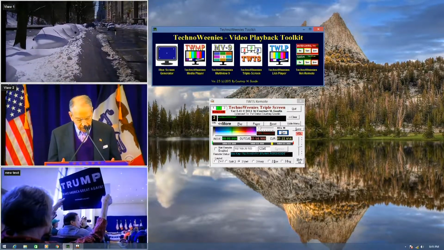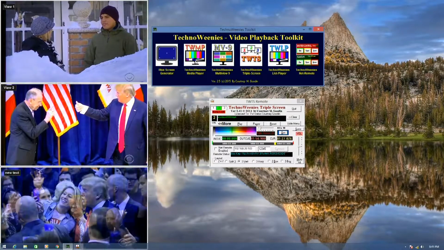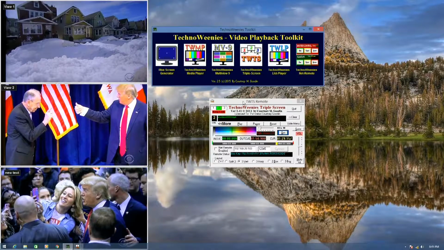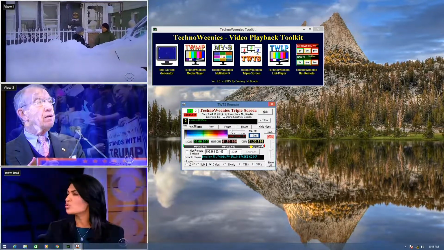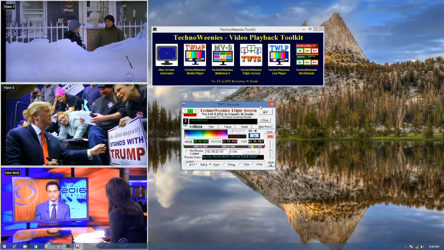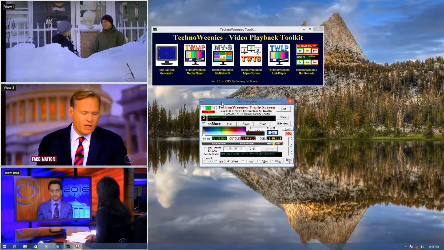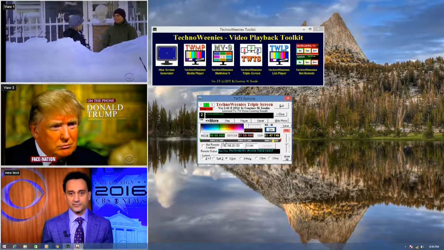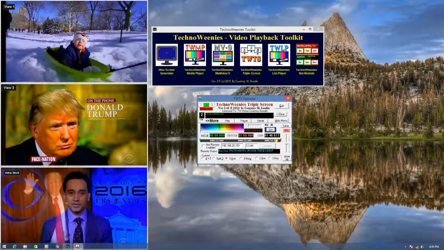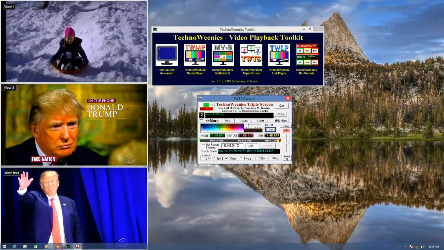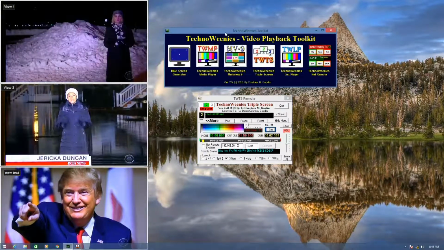If you've loaded any one of these videos into the media player by itself and set custom bookmarks in there, custom in points and out points, they will load in to a triple screen as well and pop up here on the timeline when you load them in, as long as that marker file comes along with the video file of the same name. This one also supports network remote. All of these video players do. The media player, MV9, the triple screen, and the list player, which is going to be in another tutorial,